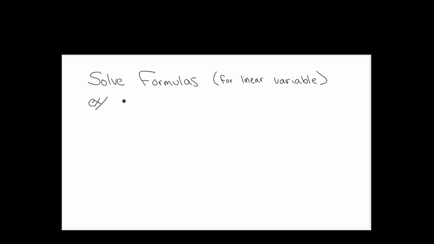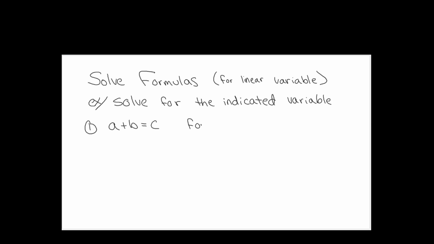So our first one that we're going to start off with, we're going to have the direction solve for the indicated variable. So it's up to the problem to tell us which variable we need to solve for. And we got a plus b equals c, and we're going to solve for b, just to get us into it, okay? So pretty much what you are going to need to do here is focus on where your equation